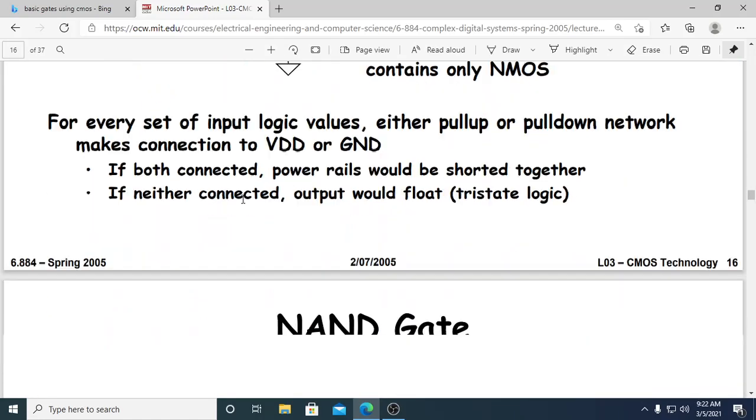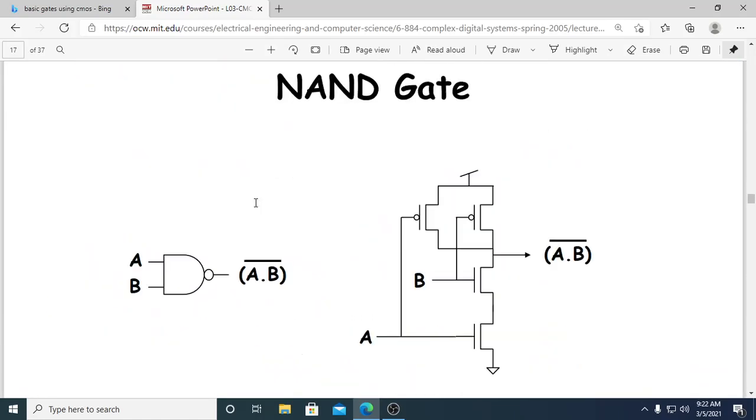So what is the concern? It is the NAND gate. We have to design the NAND gate using CMOS. This is the symbol, and the function is: A and B are two inputs, and my output is (A into B) bar, that is A and B complemented. Sorry. So how do we design this?